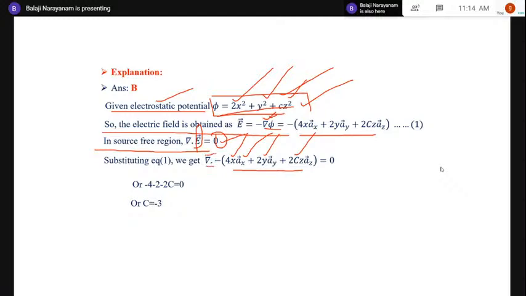So the del operator, again we are aware, substitute the del operator: ∂/∂x of minus 4x is minus 4, ∂/∂x of minus 2 you will get, and ∂/∂z of